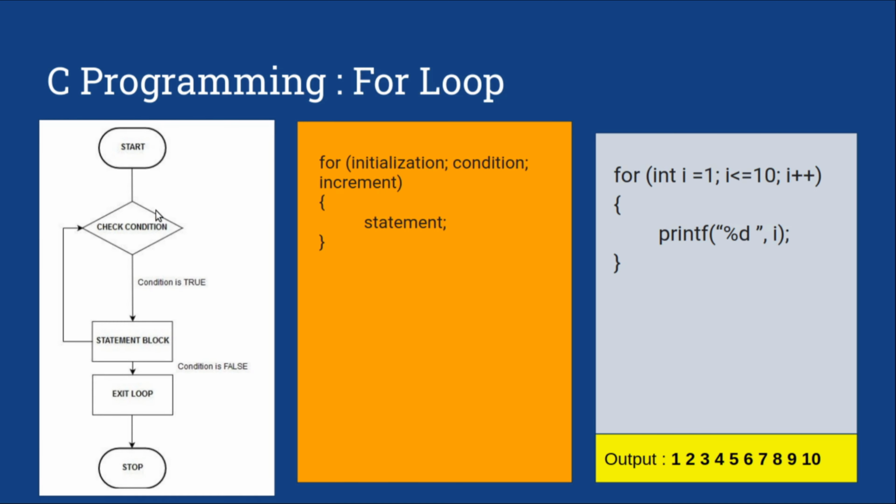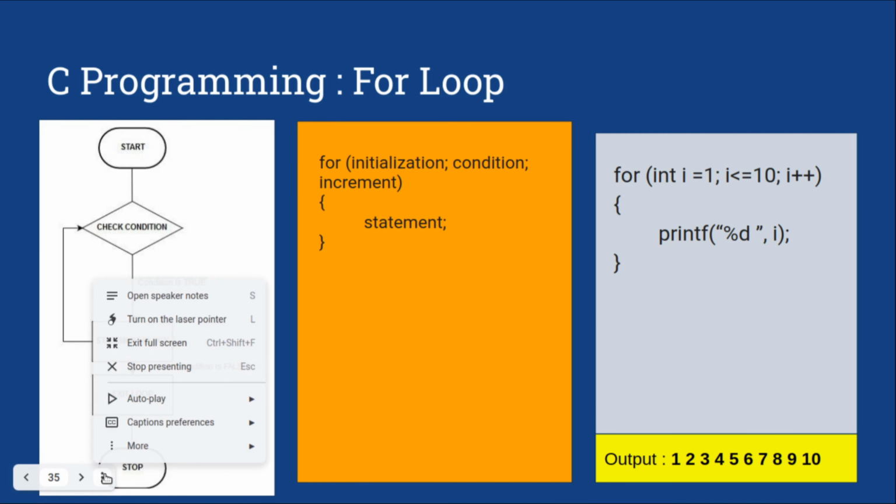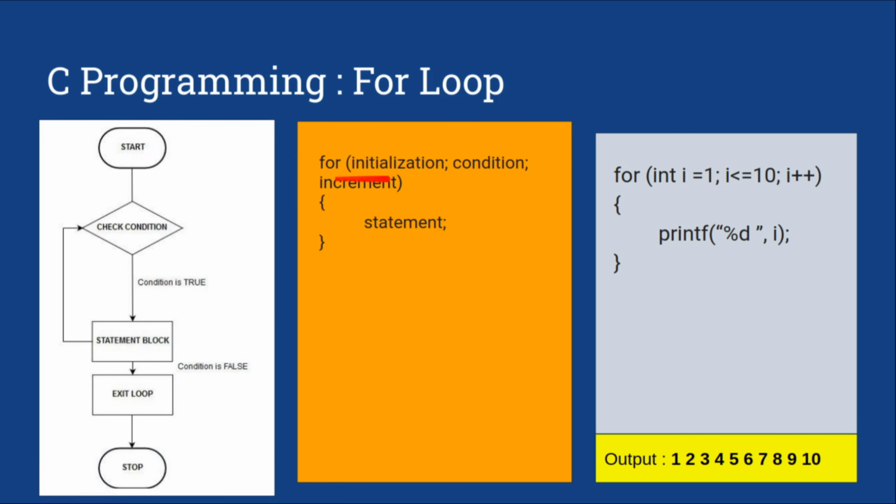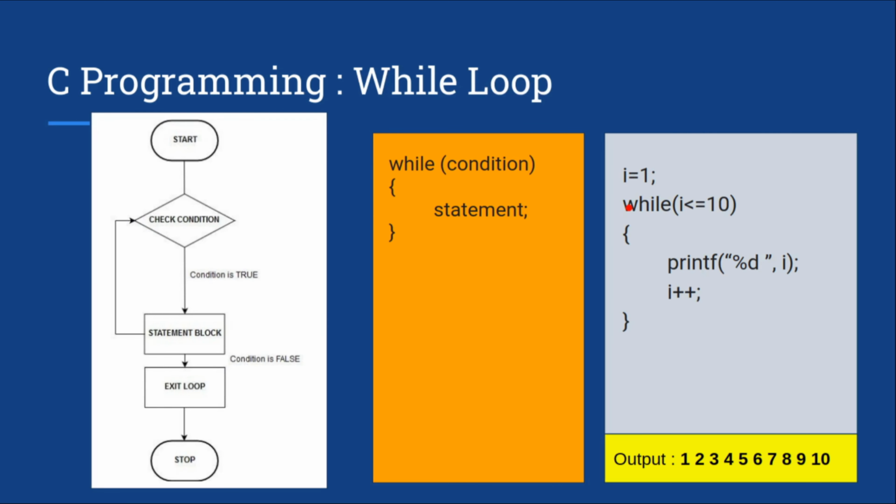In the for loop we do the increment within the loop statement this way, but in while we have only one condition. So the structure is very similar. If you see the flow, we have a start of the program, we have a condition here, and the block statement will be executed until our condition is true. While our condition is true, it will execute and execute. Once our condition is false, it will exit from the loop and our program will be terminated.